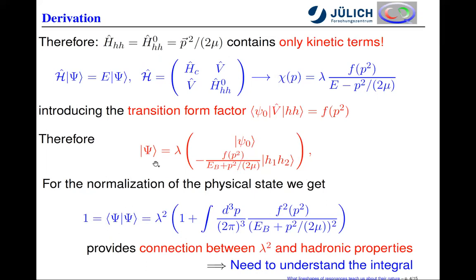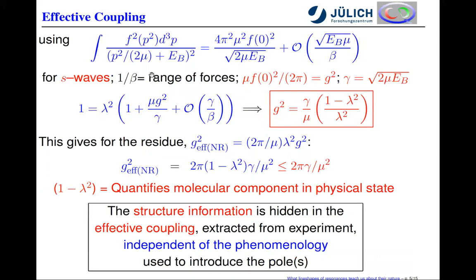Therefore, the absolute square of this thing must be 1. And that directly gives a relation between lambda square and the mentioned hadronic parameters, transition form factor, and binding energy. Therefore, if you understand what this integral means, we can derive a relation, and this is what the Weinberg relations are. So we have a closer look at this integral, and we observe that we can just